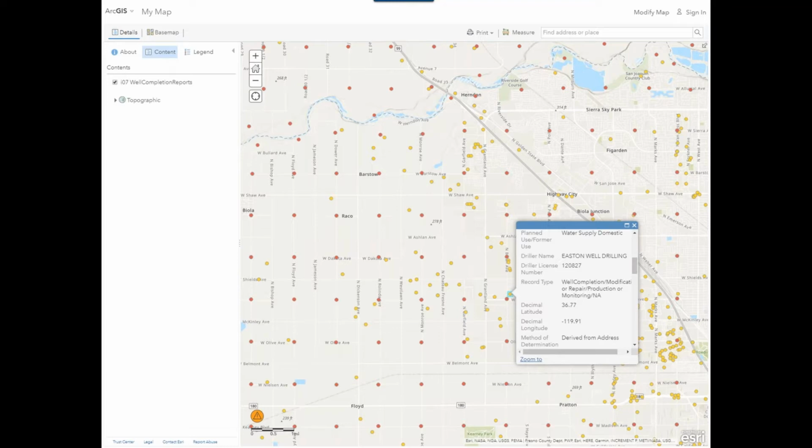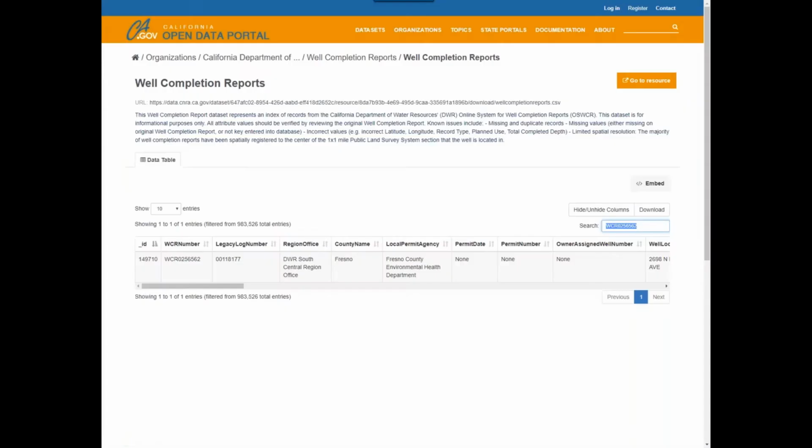They may have it. It could be that the driller who drilled your well is out of business. Sometimes those drillers pass on that information to another driller when they retire or get out of business. There's a lot of ways to find that information, and it may not happen, but it's worth looking for that stuff. And if you click on one, you can also download, you can look at the reports this way. You can see more details.